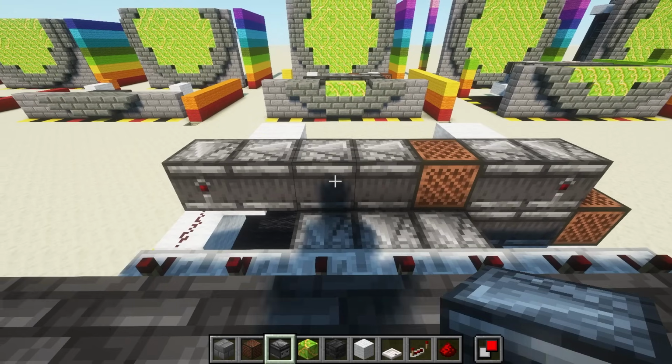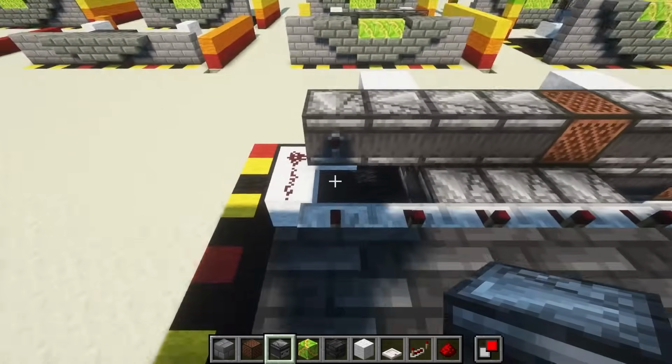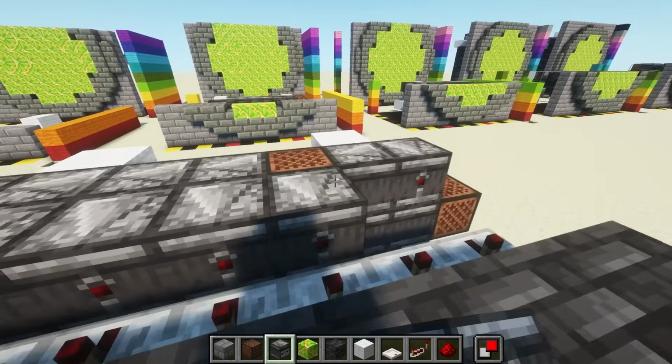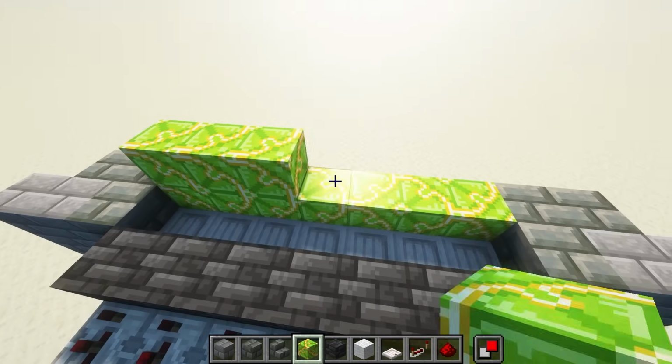And with the weather cleared, we're going to run our observers once more, facing into all of the observers and note blocks we have, and that way they power all of the repeaters. So 1, 2, 3, 4, 5, 6, 7. Done. To start the next row, we're going to take our fill blocks and run them across the top of